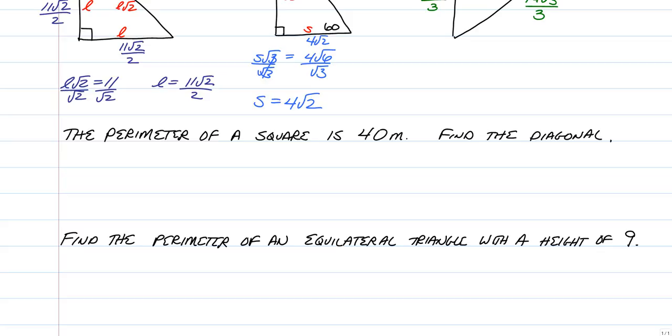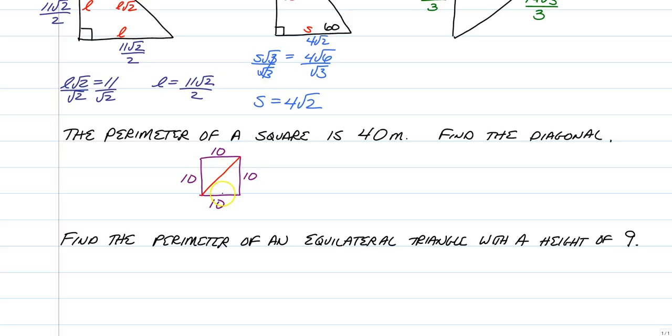Okay? Now the last two questions are a little bit of an application. So we are given the perimeter of a square, so we've switched to a square, but no fear, the special right triangles will help us out in this one because it has a perimeter of 40 meters. That means each side is 10 because if we remember one thing about a square, all 4 sides are congruent. So if we were to draw a diagonal here,